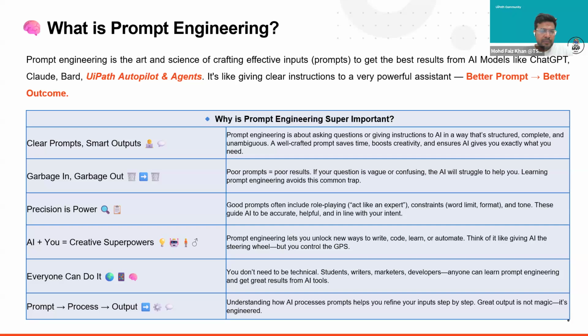The point is, you can see the AI plus you is like a creative superpower. While you are writing your prompt in the English language and taking the help of the assistant, you are the prompt engineer. Just write a prompt in a way that describes what you are expecting from the assistant.